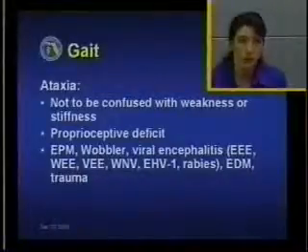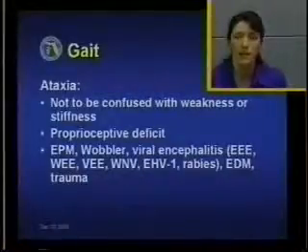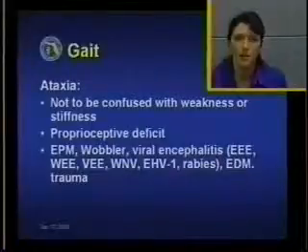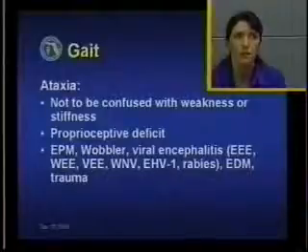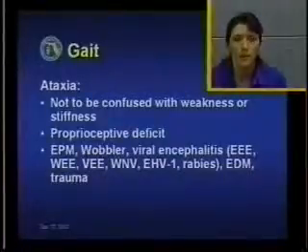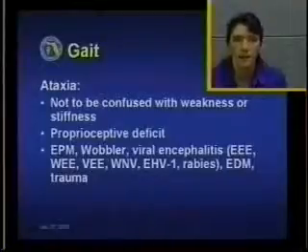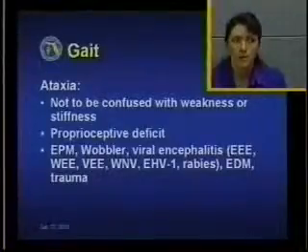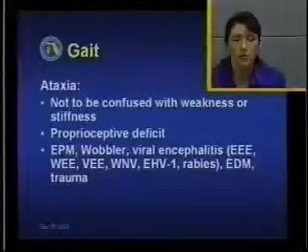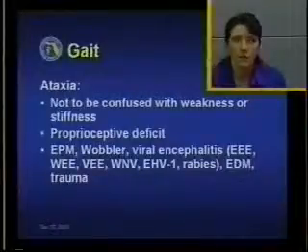It is most of the time associated with a proprioceptive deficit, and some of the diseases that will cause ataxia have been addressed earlier in the course of this lecture, but in most of the cases we will be dealing with equine protozoal myeloencephalitis, Wobbler syndrome, one of the viral encephalitides,